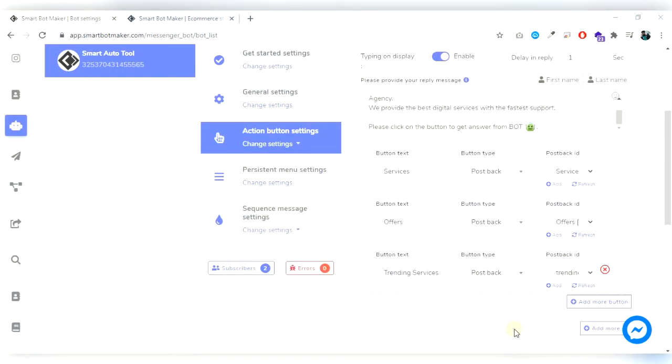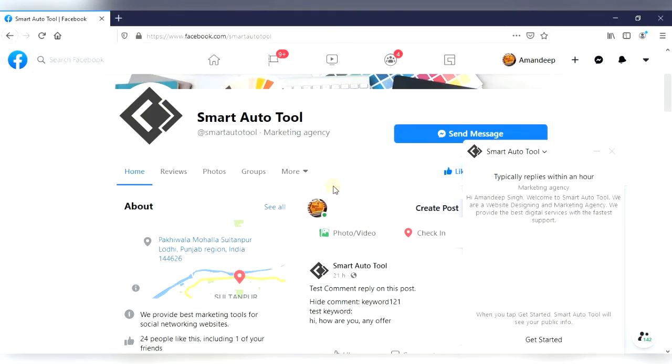Now we are going to test the store on the page. Okay, I log in from my different account. On the page here you can see, click on get started.